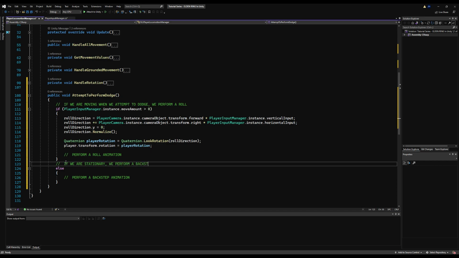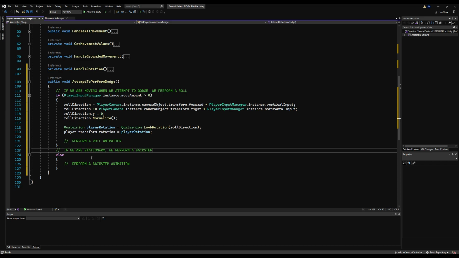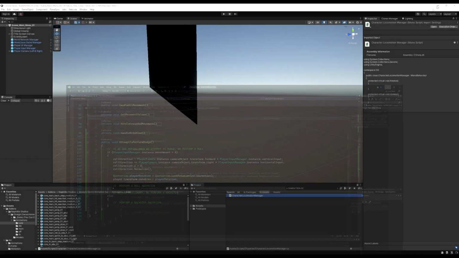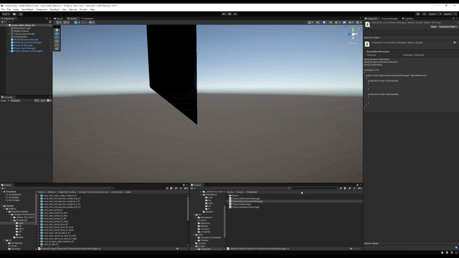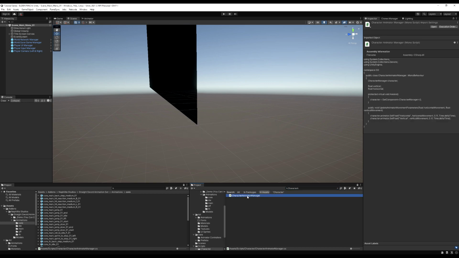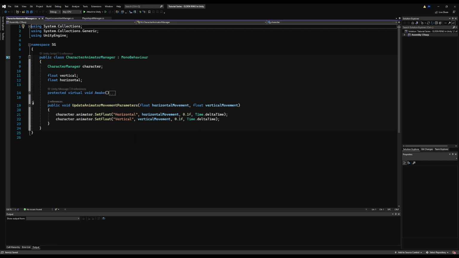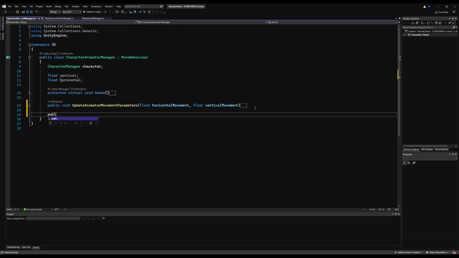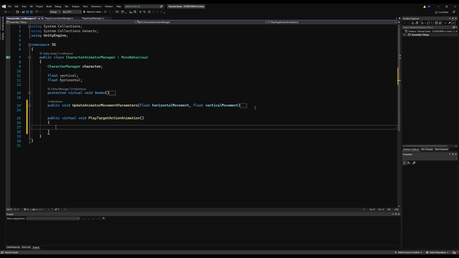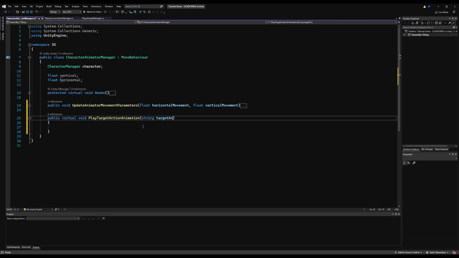And now we can actually get to the point where we write our function for playing an animation. So luckily, we already have created our script for such a function. It's our character animator manager. So let's go over and open that up. And I'm going to minimize these functions and then write a new one. This will be a general function used for most of our action animations. I'm going to call it public virtual void, so we can override this in the future on the player and AI manager. And I'm going to call it PlayTargetActionAnimation. I'm going to require it to pass a string for the animation name, which I will call target animation, and then a bool for is performing action. So what is this bool used for?